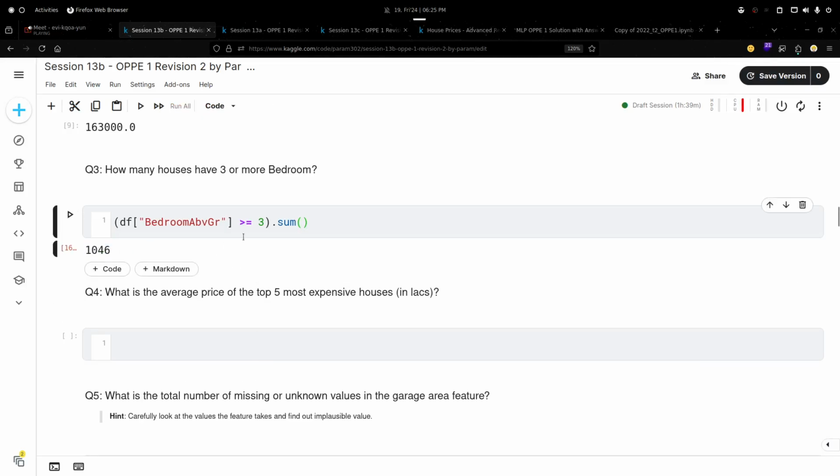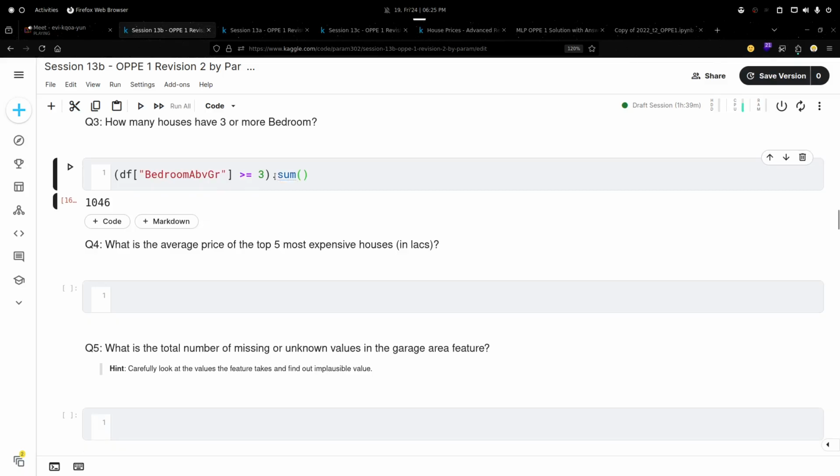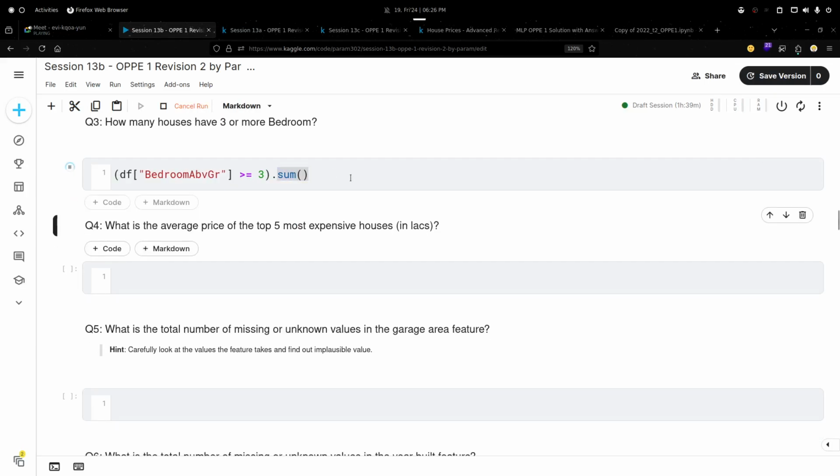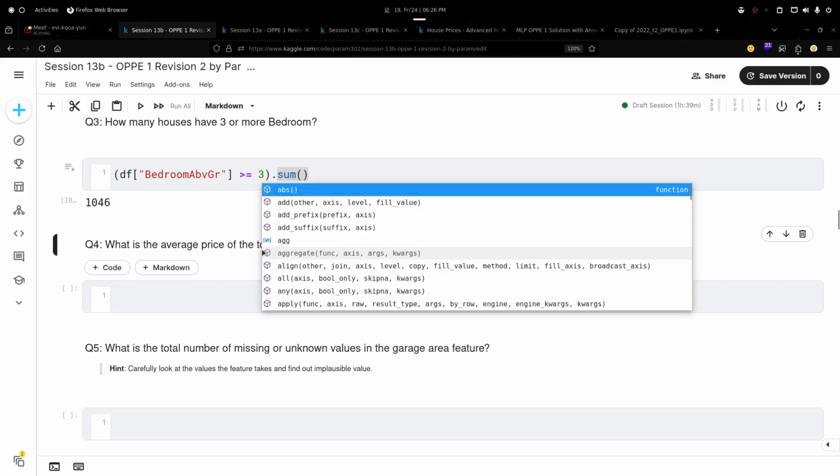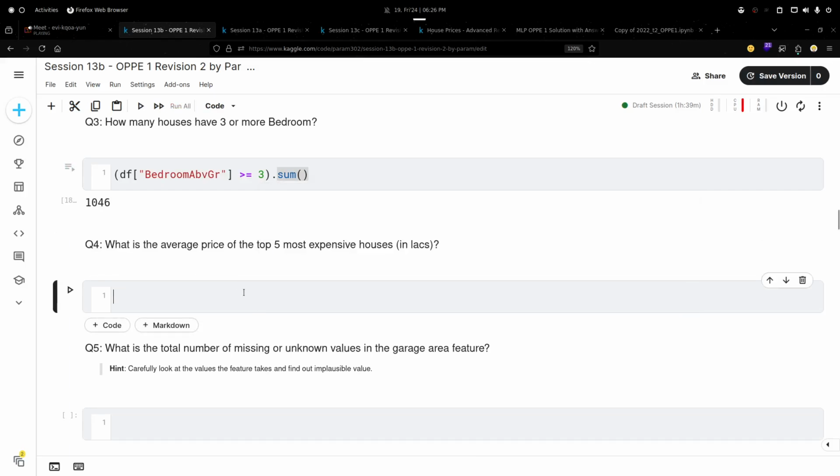So yes, we can do it in this manner, or we can put it in the df and then extract the shape as well. That also gives us the same answer. See, there can be many different ways of doing one thing. It's up to you, whichever you are using. OOP doesn't matter here. In real work it matters.